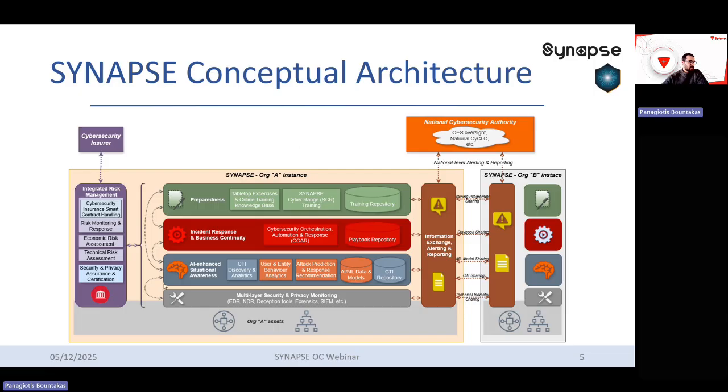Very briefly, because Fabio also discussed the conceptual view of Synapse. As you can see here,